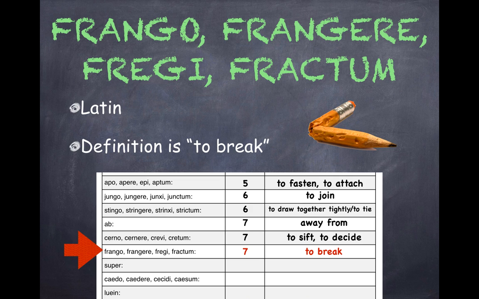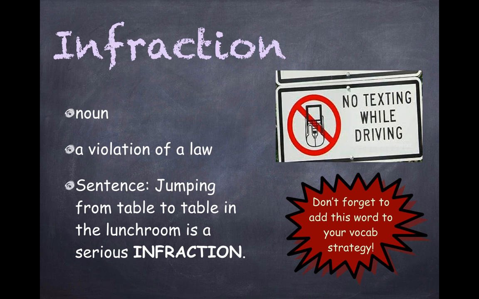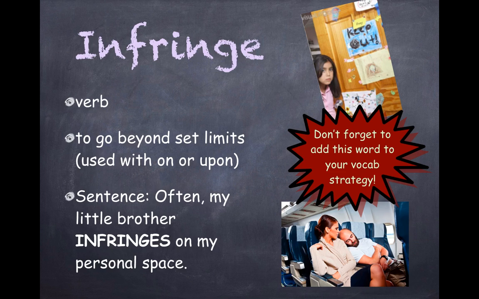The first word that uses frango as a root is infraction. Infraction is a noun, and it's a violation of a law. So jumping from table to table in the lunchroom is a serious infraction. Crossing against a red light is a more serious infraction for a driver than for a pedestrian. And of course, texting while driving is also an infraction of the law. So don't forget to add this word to your vocab strategy